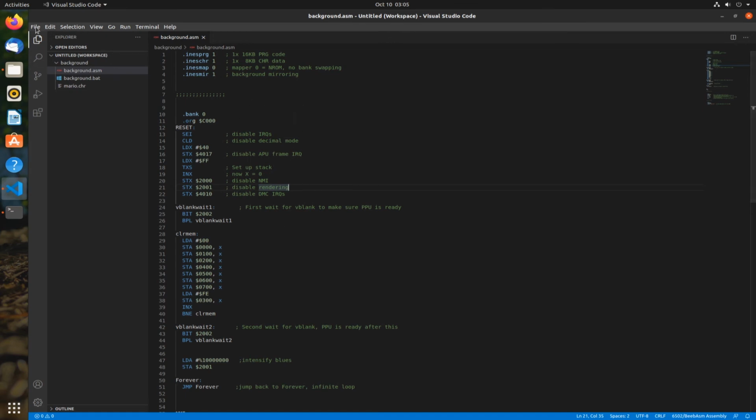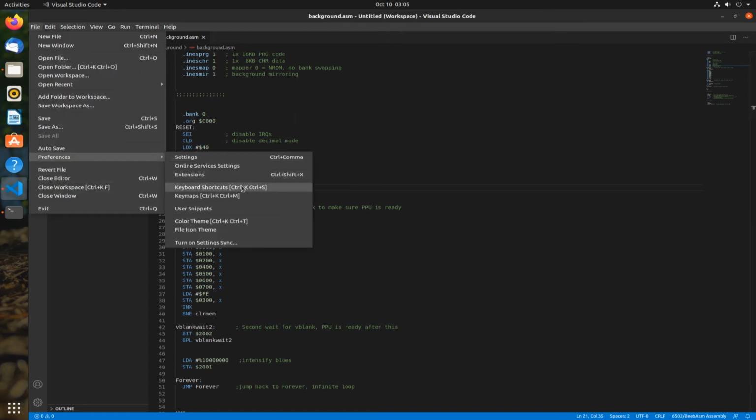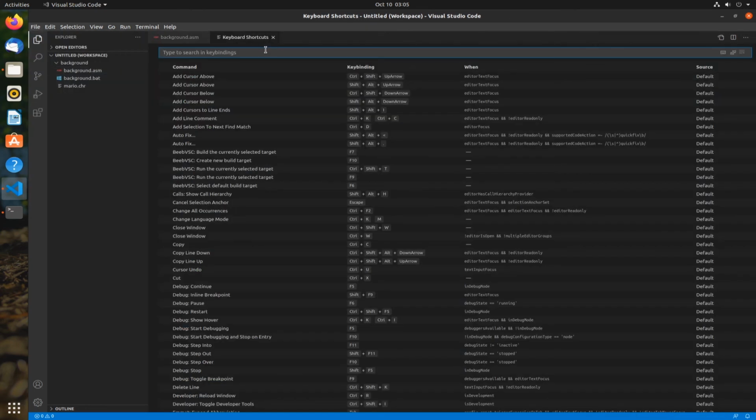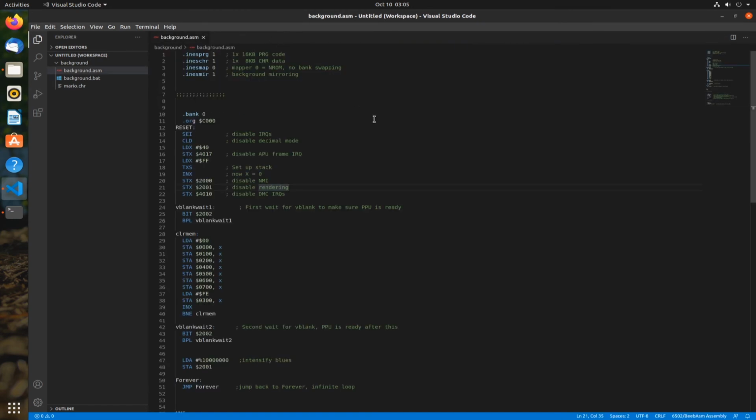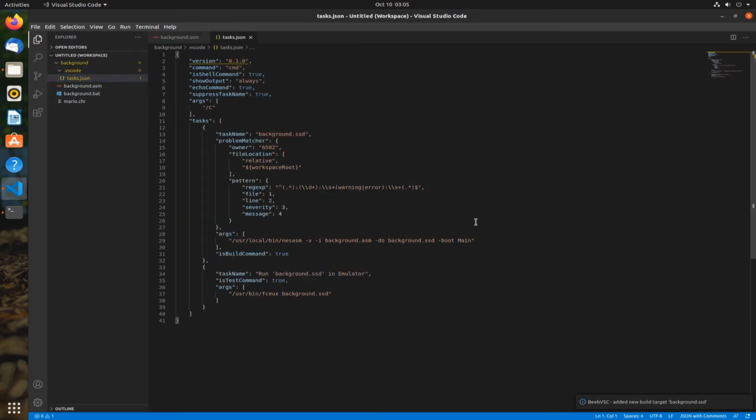The only thing you have left, come over here in preference and let's go under keyboard shortcuts. If you go under Beeb, you can see all the commands that we have in their key binding. We're going to press F10 to create a new build target. So let's press F10. And the target is your background.asm, of course. And if you come over here in the VS Code, it has created us a task file right over here,